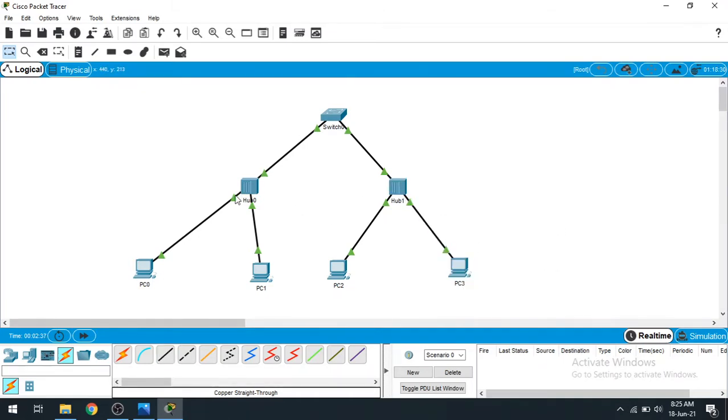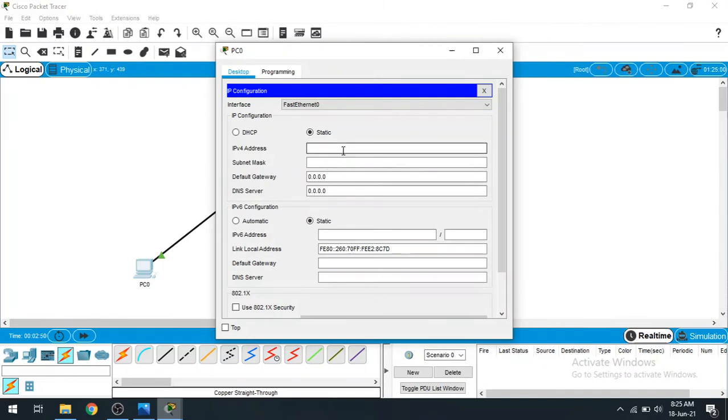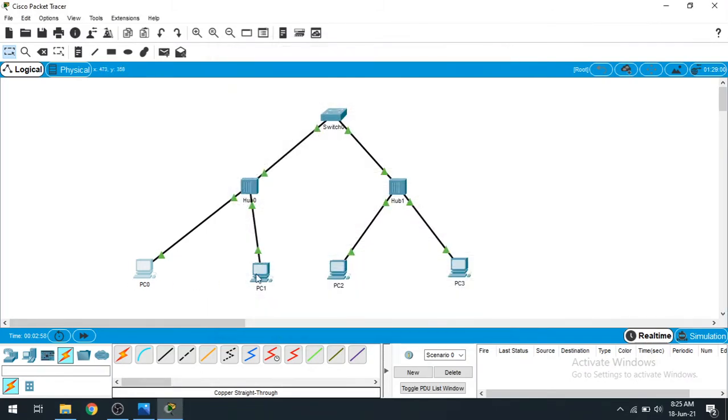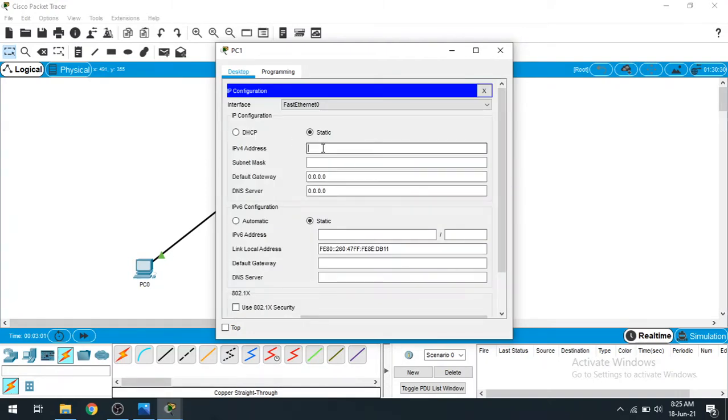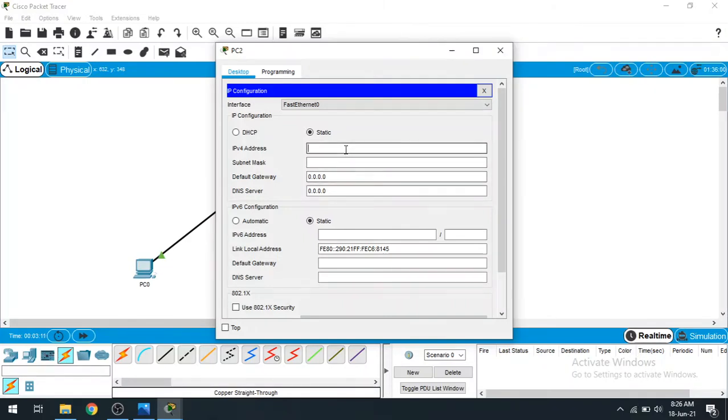Now all these links are green, but we are going to give some IP addresses. So I will just give an IP address for each PC. Just click on the PC. I want to give 192.168.10.1 for this PC. Again, just give 192.168.10.2 for the second PC. For the third PC, just give the IP address of 192.168